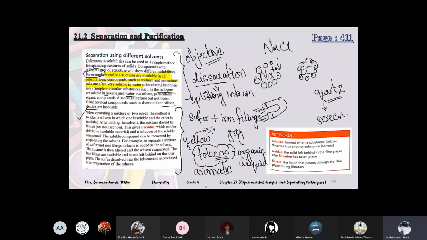Yes, on the clocks also. So the screens of watches or mobile screens are made from one type of silicon dioxide. Silicon dioxide is mixed in different substances. So one form of silicon dioxide is quartz. It's like diamond, but it's a cheaper one. So it is insoluble, and it's a giant covalent compound. When we study bonding, ionic compounds and covalent compounds, we will study giant covalent compounds also. We will study the structure of diamond and silicon dioxide.